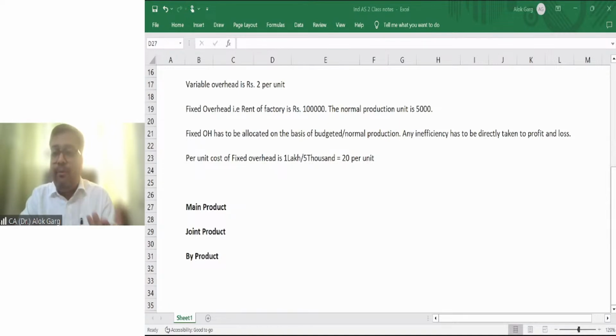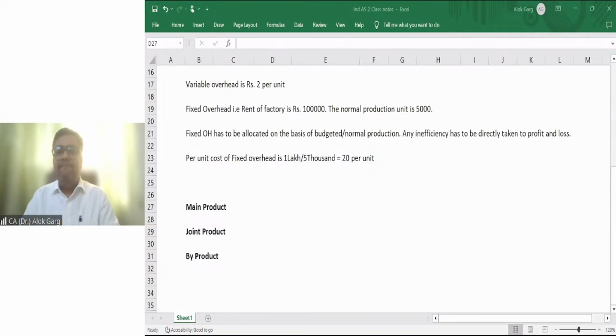Petrol is my main product, which I have intended to produce. Diesel: during the production, I got another product, which is diesel. Diesel is a joint product because diesel has a significant value. But kerosene is one of the cheapest products and there is not much value to kerosene, so it is considered as your